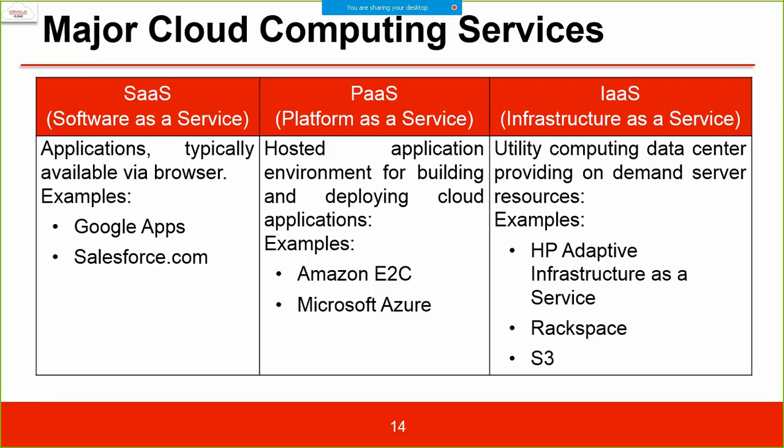That's a very good question. Actually, to draw the line, we need to draw the boundary. Let me draw the boundary between these three different layers. IaaS gives you complete control, so no boundary. You get access to everything, so you deploy everything for yourself, right? So infrastructure as a service is complete control.